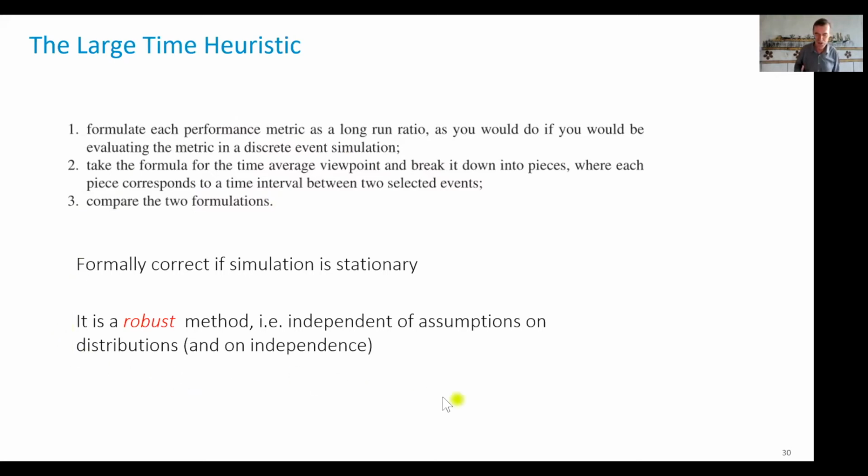Important thing is that it's like the little formula. The little formula is an example of Palm calculus formula. It's a robust method in the sense that all we need is that long runs correspond to averages. So we need that it makes sense to measure things in a simulation, which is what we do most of the time. Any statistic we take is only based on long averages that we take. So it does not require assumptions of the sequence being IID or Gaussian or things of this nature. So it's what we call a very robust set of results.